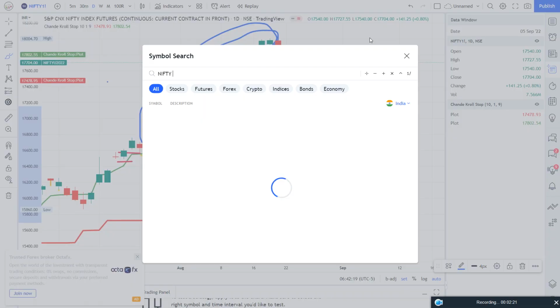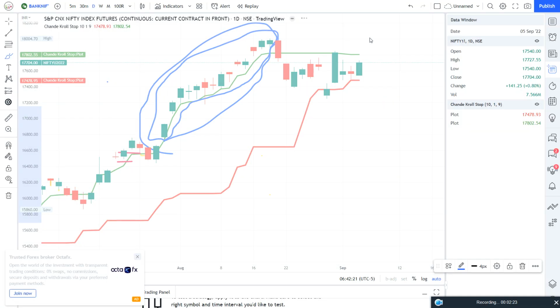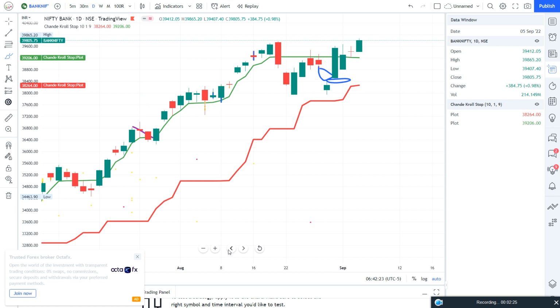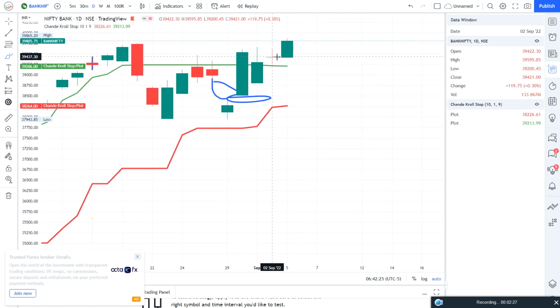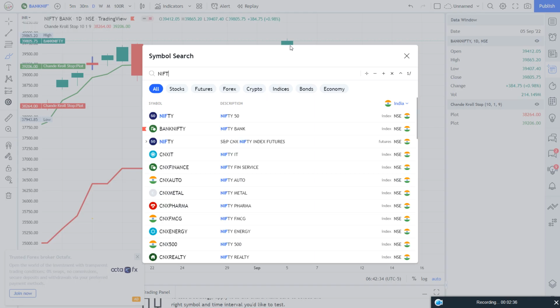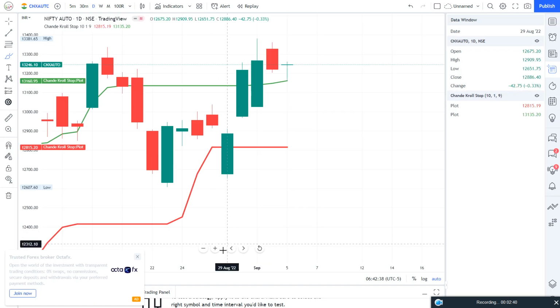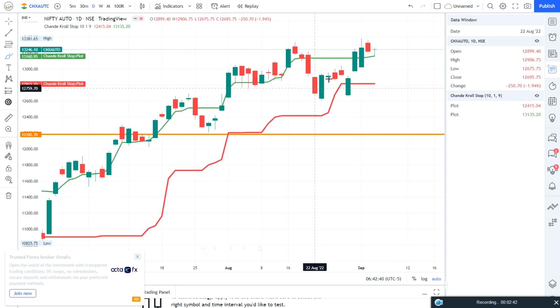Now time to go with the Nifty Bank. Nifty Bank is not confused like Nifty, because yesterday it had given the close above this upper channel. यहाँ से ही अपना काम शुरू हो चुका है. That's why Nifty Bank stocks are firing. Now time to go with the auto. Why is auto running on 5th gear, or I think 6th or 7th gear? Because it has also given the close above this channel.